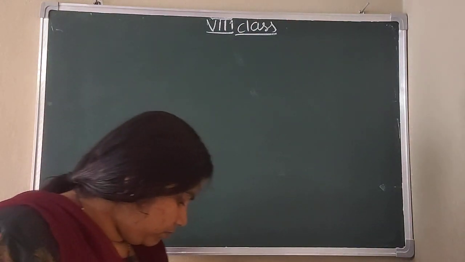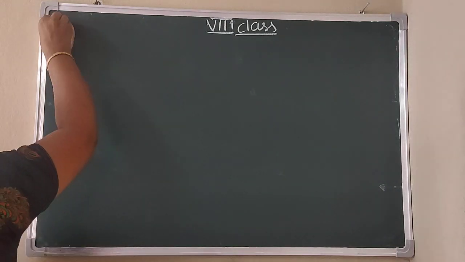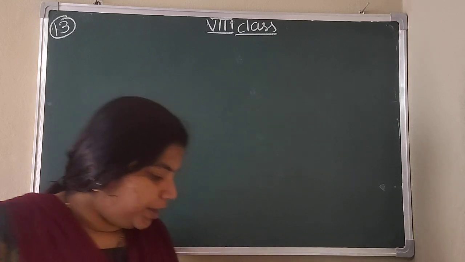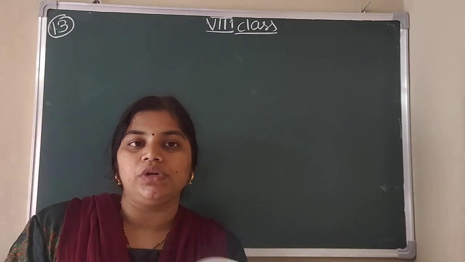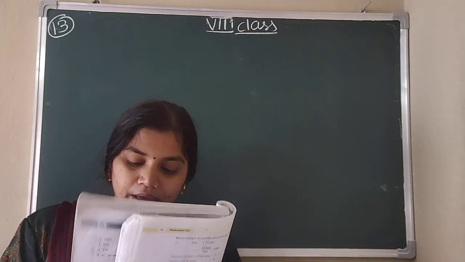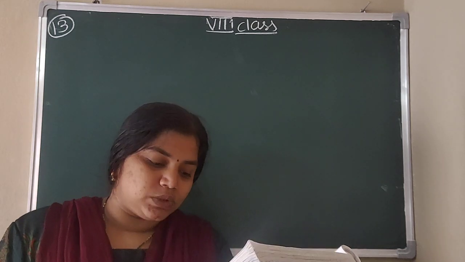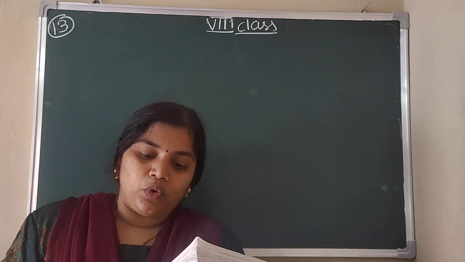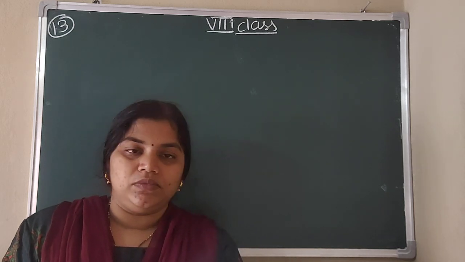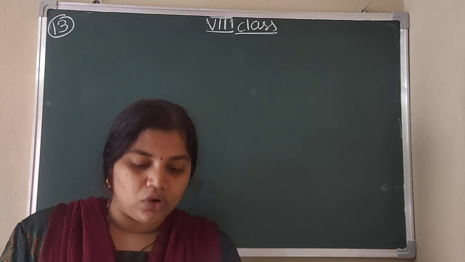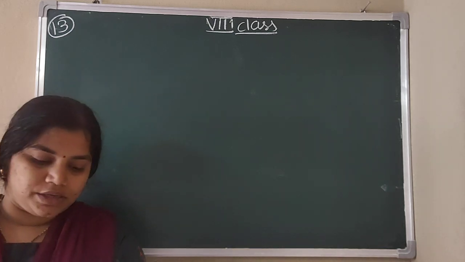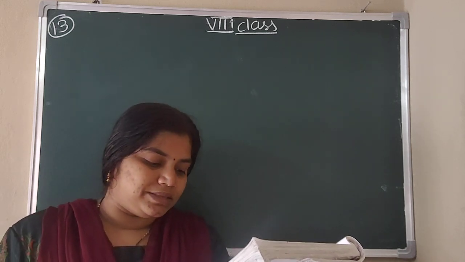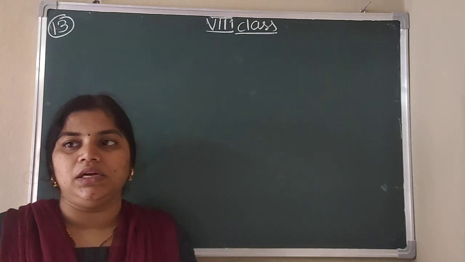So what is the next one? 13th question. There are 180 multiple choice questions in a test, so the total number of questions is 180. A candidate gets 4 marks for every correct answer, and for every unattempted or wrongly answered question, 1 mark is deducted. So if they are not attempting, and also if they wrote wrong, they are deducting -1 mark. If a candidate scored 450 marks in a test, how many questions did he answer correctly?